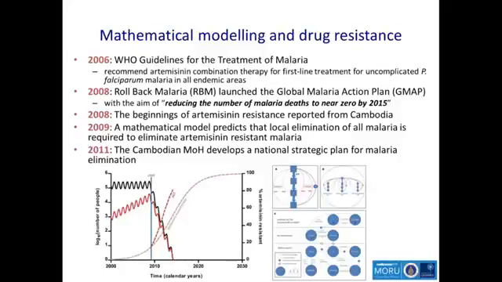But that is a simple mathematical model to compare the transmission of artemisinin-sensitive malaria and artemisinin-resistant malaria under selection pressure by treatment of clinical cases. And so we produced this mathematical model and ran it forward into the future to explore potential elimination strategies or potential control strategies for this artemisinin-resistant